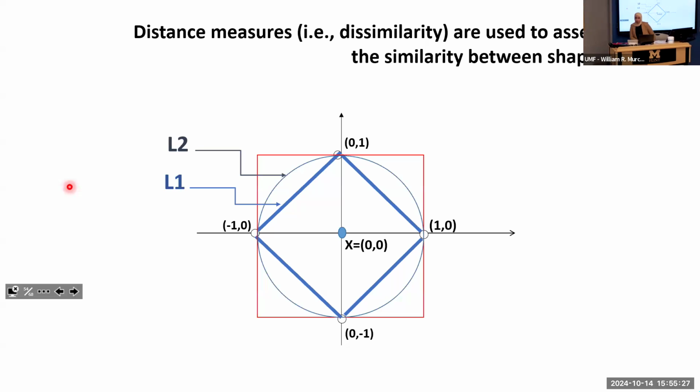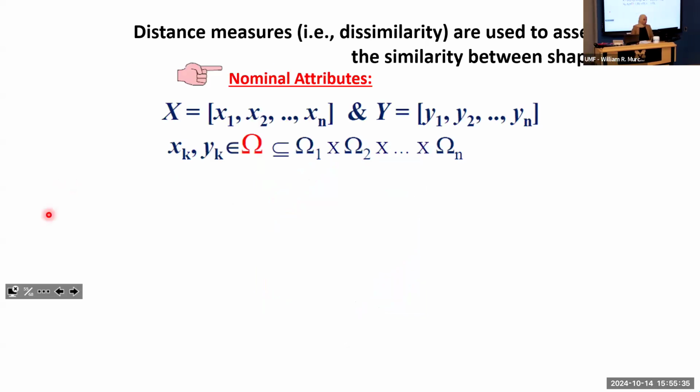So there are different types of distance, different types of measurements. How to use them is up to the context. So this is one, the L infinity. Now we are still in the case of nominal attributes. And if we can compute the distance, we can compute it between numerical values, like between pixel values, for example.